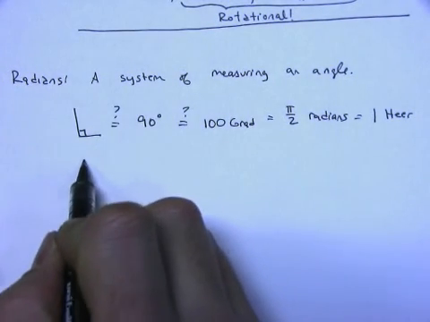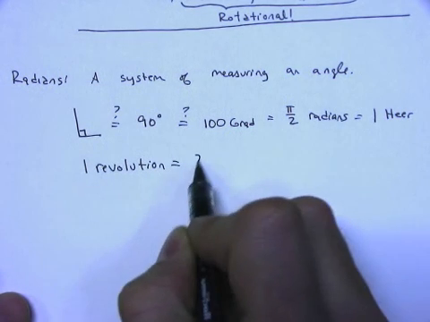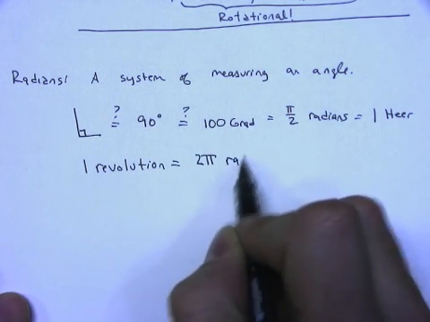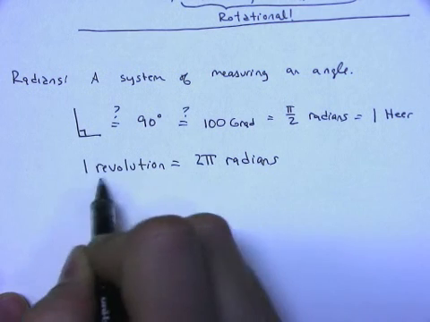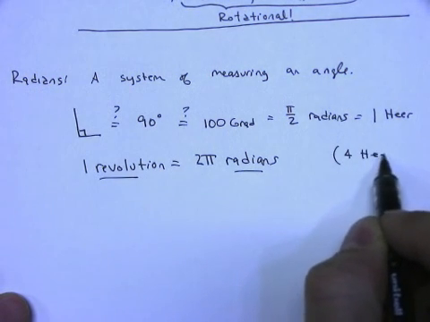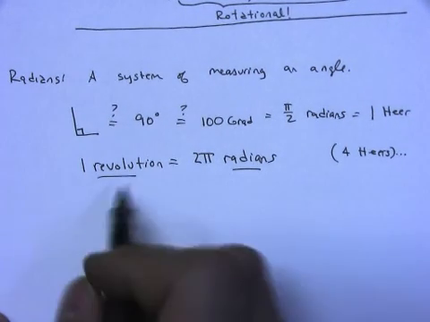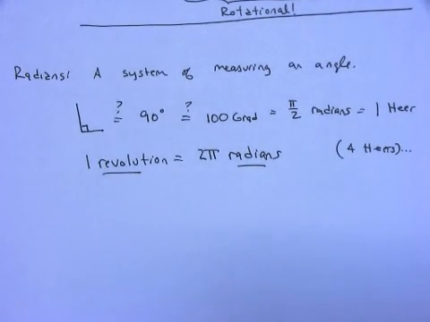And 1 revolution equals 2 pi radians. On the side, it also equals 4 hairs. But 1 revolution equals 2 pi radians. So we're going to be dealing with radians quite a bit. And so that's thing number 1. 1 revolution equals 2 pi radians. Kaboom. Next, we're going to talk about